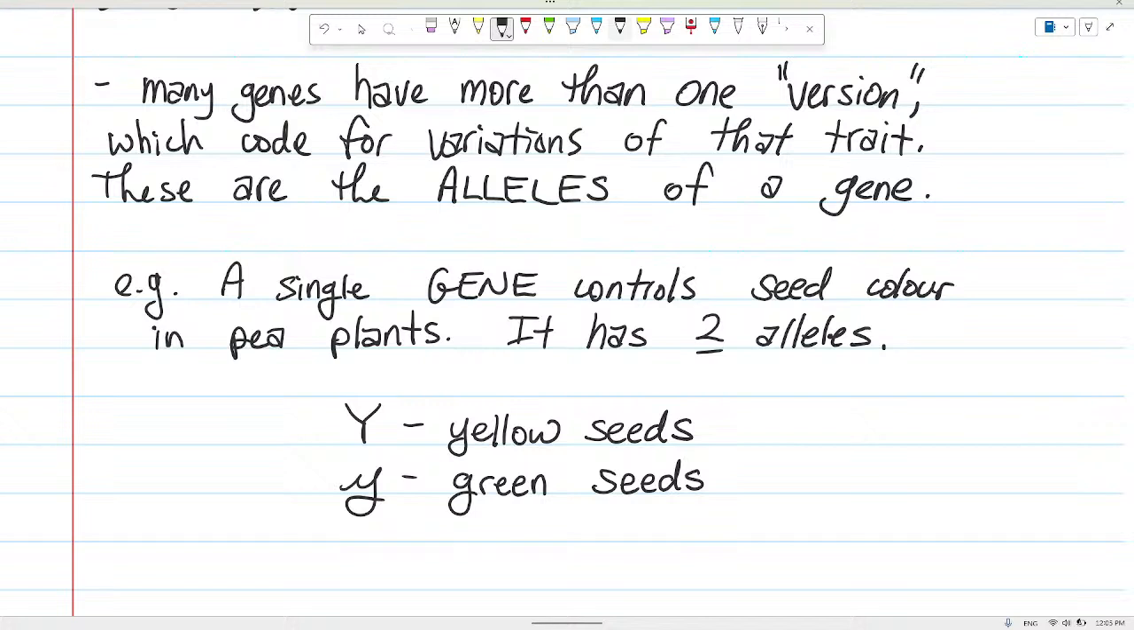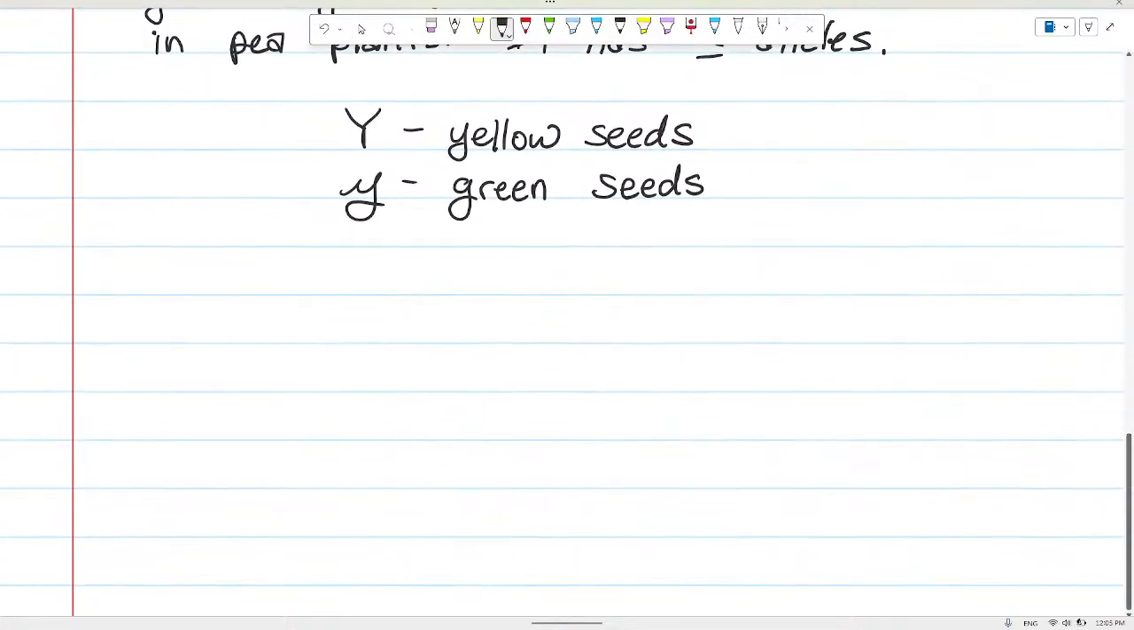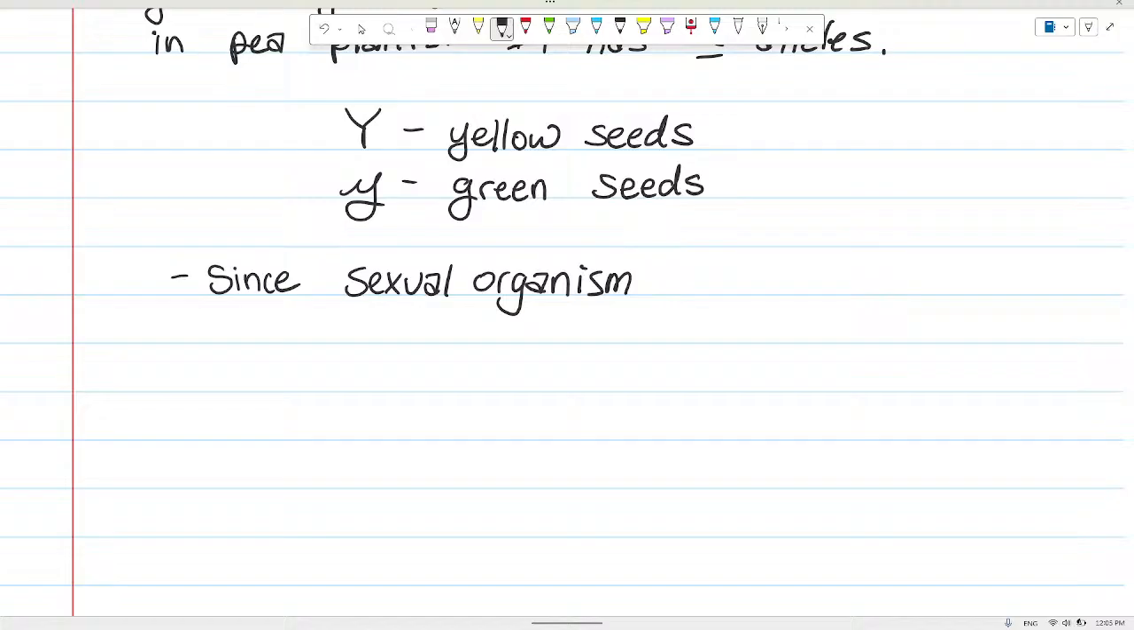But the thing is, that's the next thing we're going to write: how many copies of this gene does every pea plant have? Two. This is Mendel's big discovery, right? That we always have two copies of each gene. We are what he calls diploid, but you don't need to worry about that word just yet, though you may remember it from grade 10 science. So, since sexual organisms have two copies of each gene,